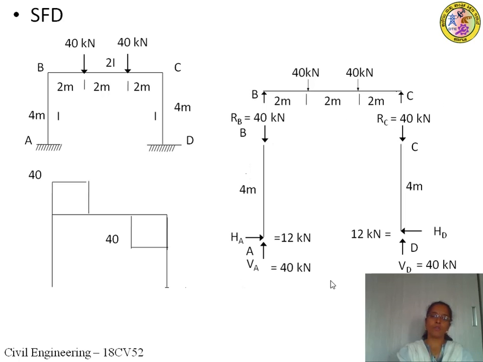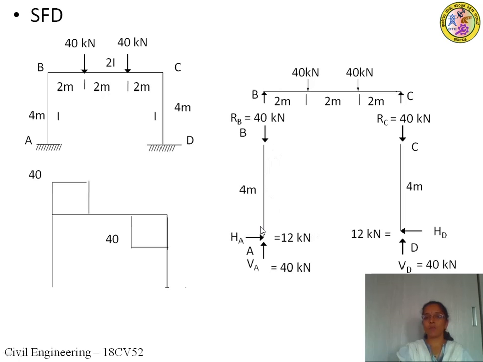Next, to draw the shear force diagram for the vertical members, as in the previous session we have discussed how to consider the sign convention for vertical members, that is clockwise couples. If the forces are inducing clockwise couples, then the shear force is taken as positive and those shear forces are written to the right side of the vertical member. And if the forces are inducing anti-clockwise moment, then those forces are taken as negative shear forces and they are drawn to the left side of the vertical member. Okay, so these are the reactive components HE and HD.